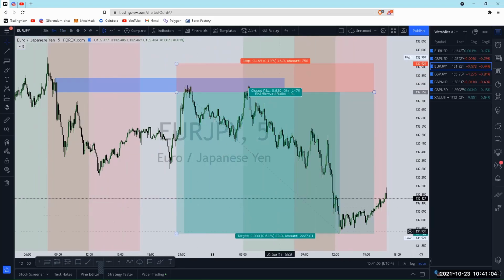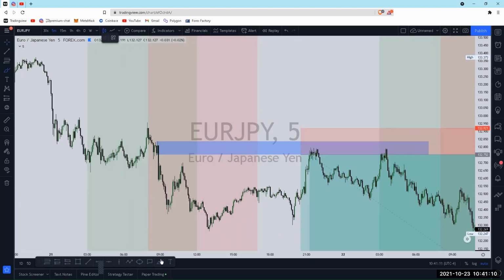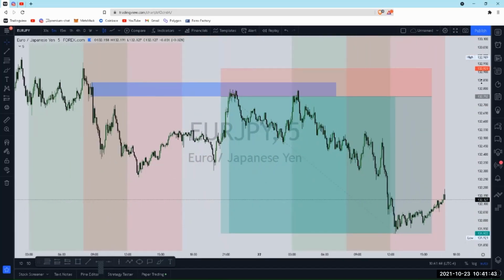So right here, we're looking at Euro JPY. For those of you who are completely green to Forex, basically what we have here is the currency for Europe, which is the euro, and the currency for Japan, which is the Japanese yen. They pair the two together, and you can invest. You got the price over here, which is currently trading at 132.12, and you got the